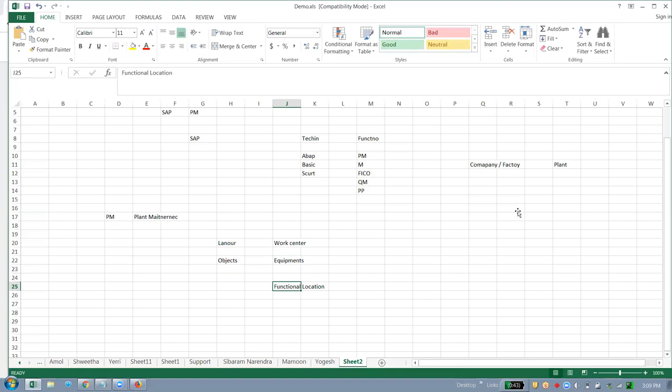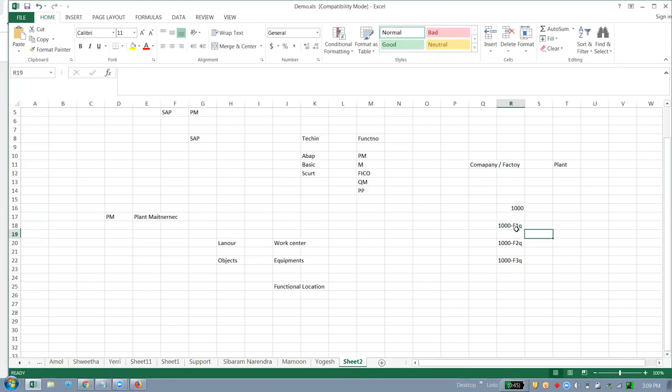For example, if you are in a building, even for that building we can do this in SAP. How? First the building name and then floor-wise: first floor 1000-F1, second floor 1000-F2, and third floor 1000-F3. So F1, F2 and F3 represent each floor.